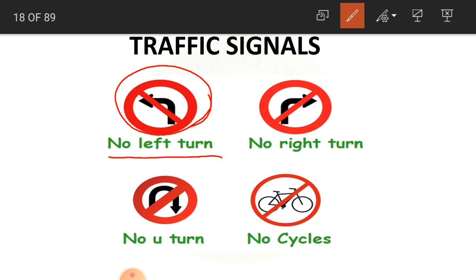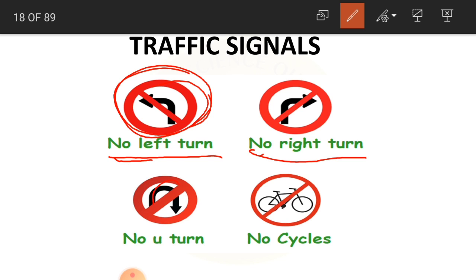They will have boards displaying such traffic signals. If you have this particular signal, you should not turn left there. And this one, you should not turn right.